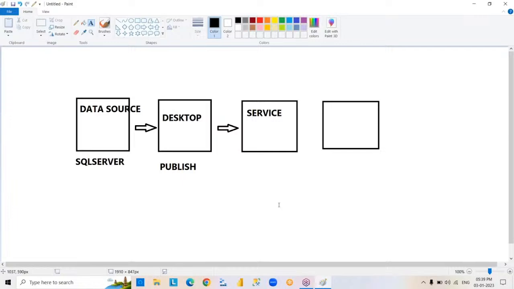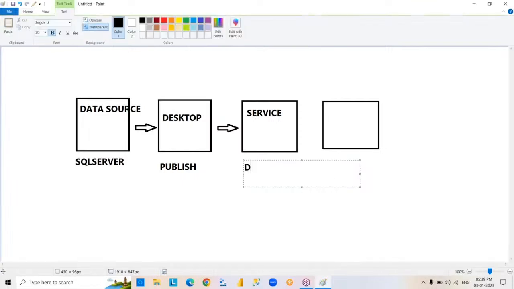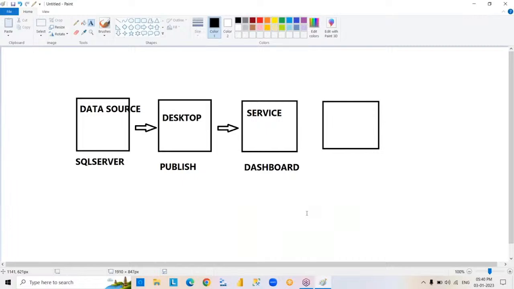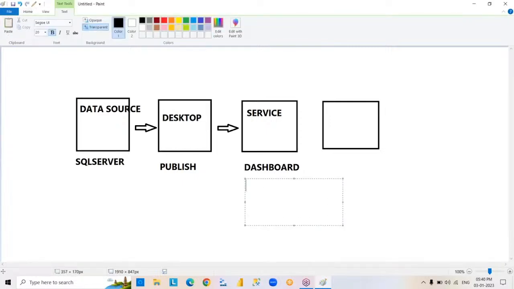This Power BI service, I can say it is used to share your work to customers. In the same way, dashboard creation is also really important. In most projects we are going to create dashboards. Dashboards we can do in Power BI service only. Here only, sometimes we are going to create